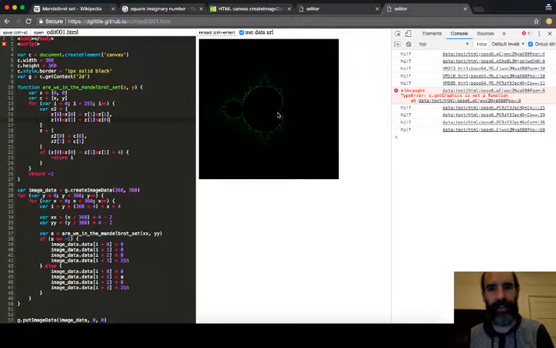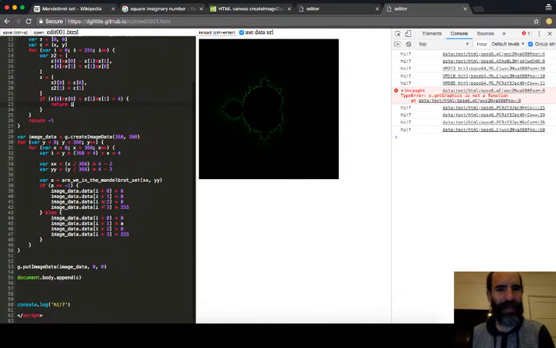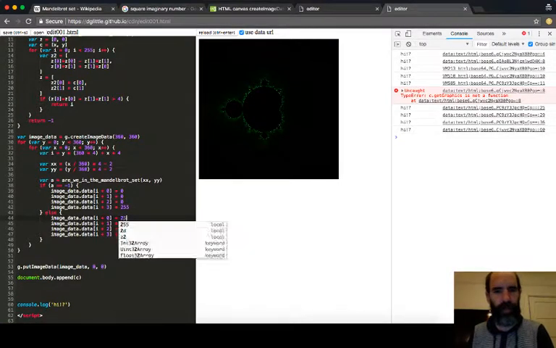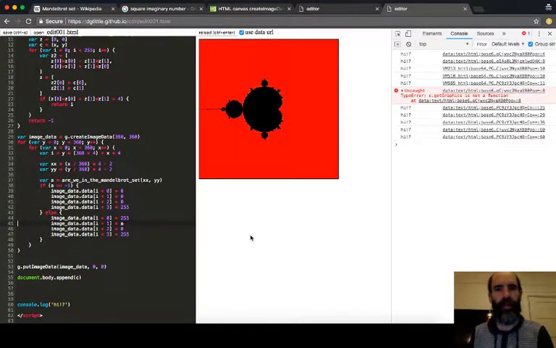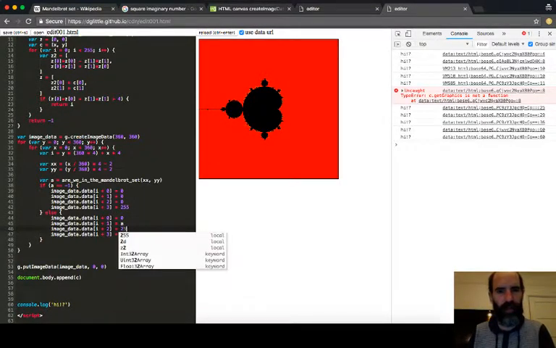Whoa, there it is. There's the Mandelbrot set. You can kind of see it there. We can make it more clear what's going on here. I mean, it's mostly very dark. What could we do? Well, one thing we could do is this. So now everything's red except the stuff in the Mandelbrot set, and you can see that there's yellow. Maybe red is pretty bright. Maybe if we did blue for this,